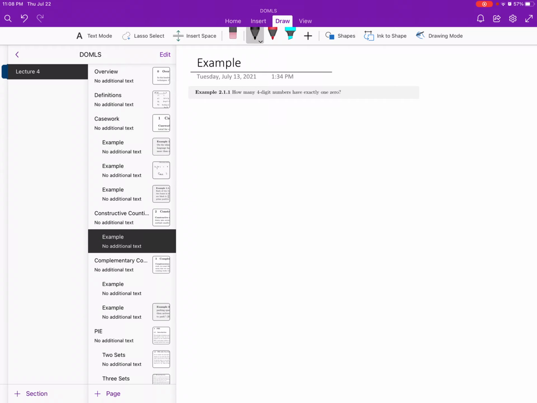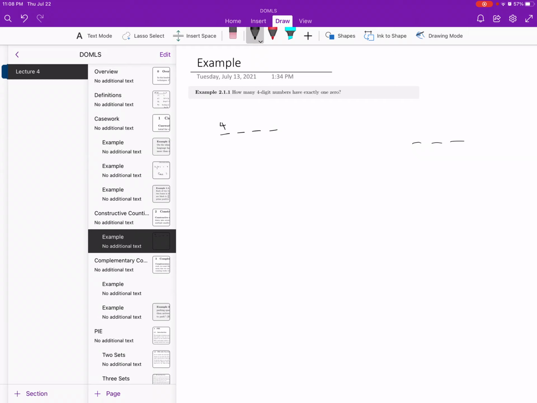Well, first of all, let's choose the 0, because, well, we're going to have 4 digits, so let's draw our digits out. Let's choose which digit is going to be the 0. There's 4 ways to choose which digit is 0, 1, 2, 3, or 4. And then that digit gets chosen to be 0, and we have 3 more digits to decide. Now the first digit,